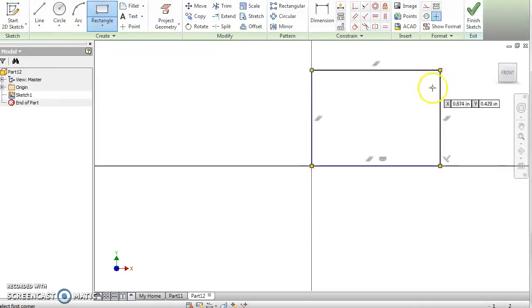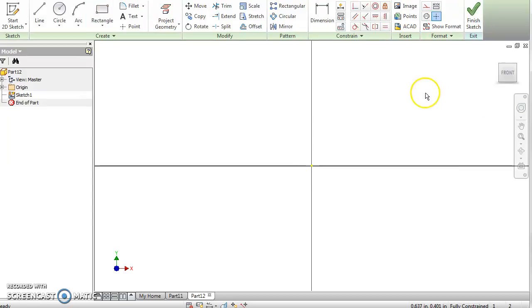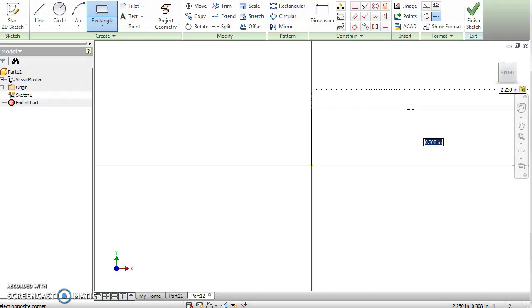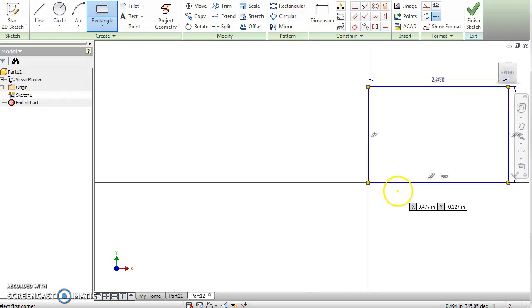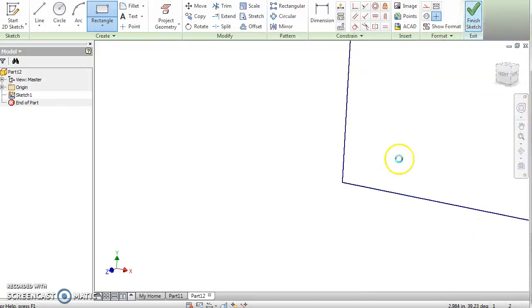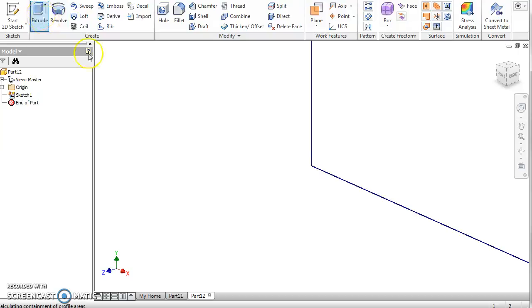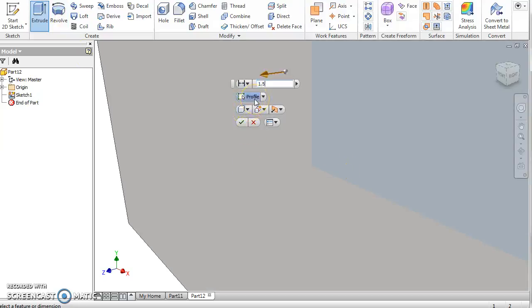All right, open up the rectangle. Let me show you something while I'm doing this. In the rectangle, click, lay it out, and you'll notice that this has a blue 0.553 highlighted. All you need to do is type 2.25, which is the width that we need. Hit tab, and then set the height 1.5, enter, and that will lay in the height and width that you need. So finish the sketch. All right, extrude this 1.5,